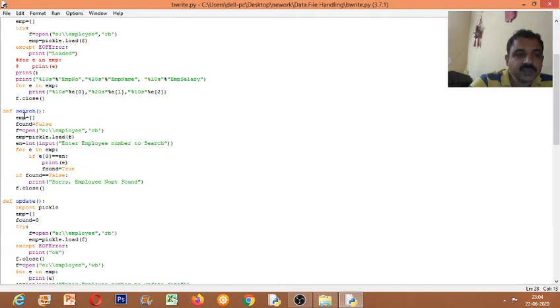The third option is search. Searching is just reading the file, matching it and then displaying. So here again we are loading the file. After loading the file we enter the employee number to search. Then we use a for loop to get the elements from the list emp.